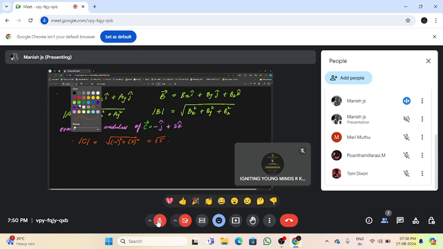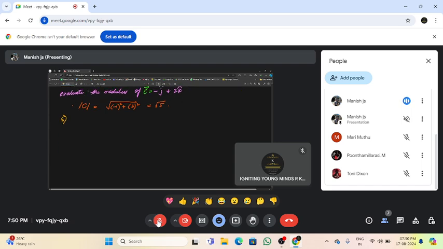Okay, so proceeding further, now we have the unit vector. So let's see how to find out the unit vector of a given vector. You want to calculate or determine what is the unit vector of any particular given vector, and how do we do that? The unit vector is in the direction of a given vector.